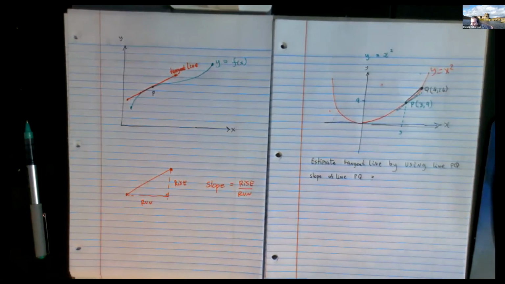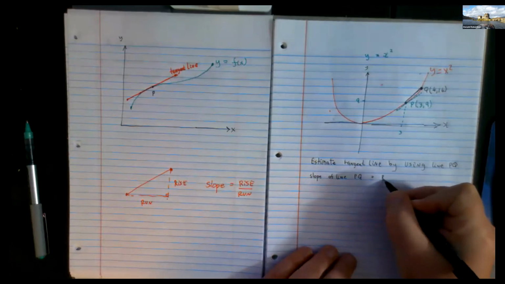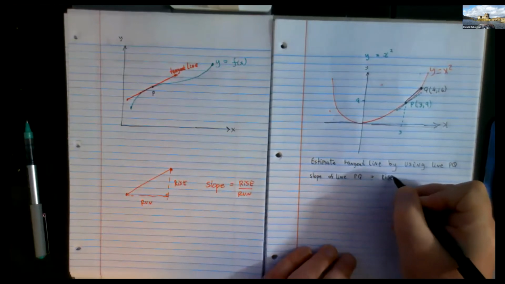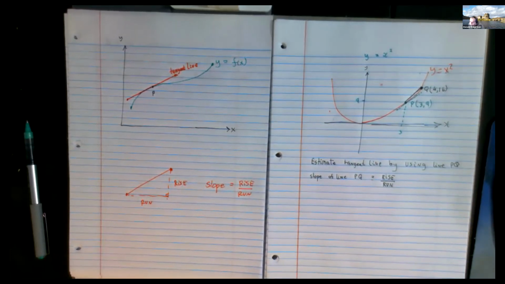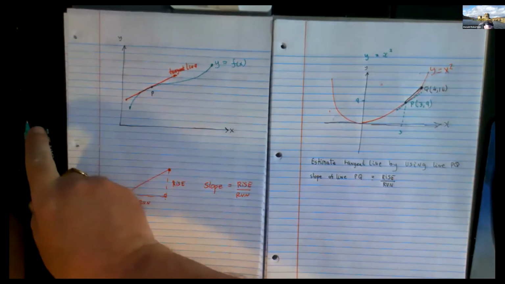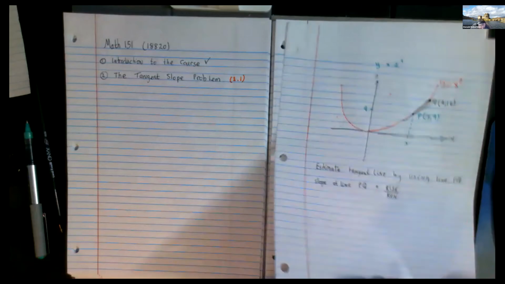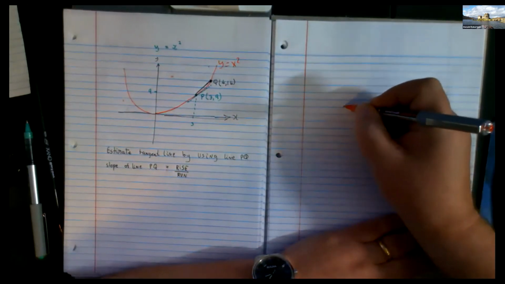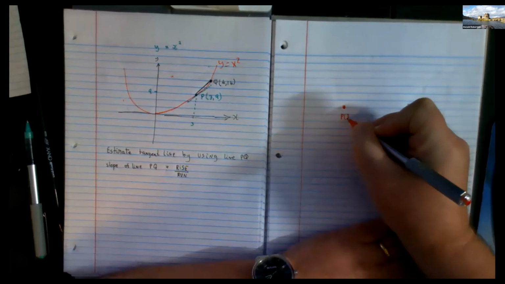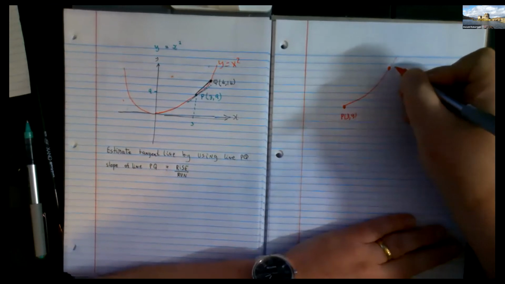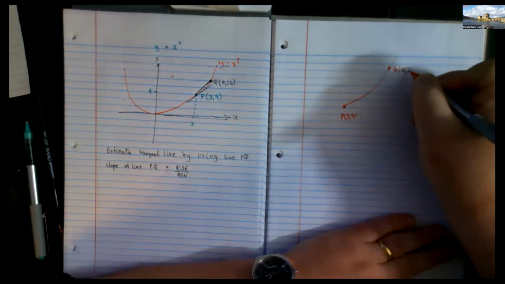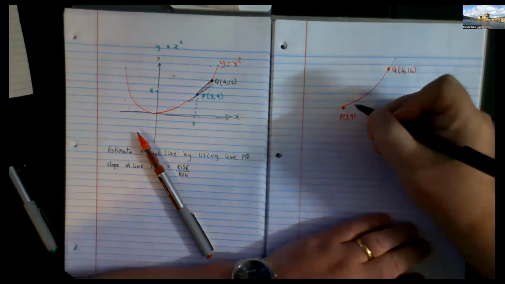So far, so good. Now, we know how to get slopes of lines. The generic version, which isn't the one I'm going to use, but it's the one I'm going to start with, is the rise over the run. You agree? Now, if I do a blown up version of what that guy looks like, I'll show you how we're going to work this. Can you imagine this is P at 3, 9, and the curve kind of goes like this, and this is Q at 4, 16, and this is the line